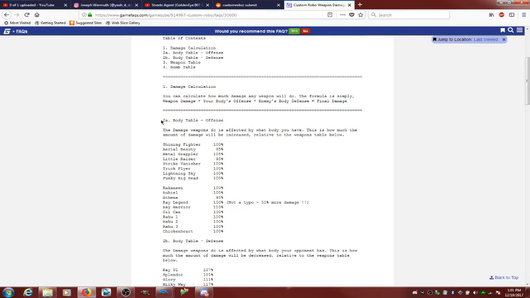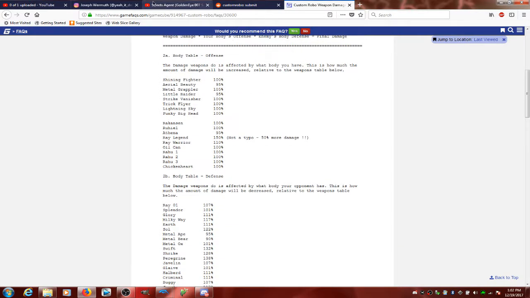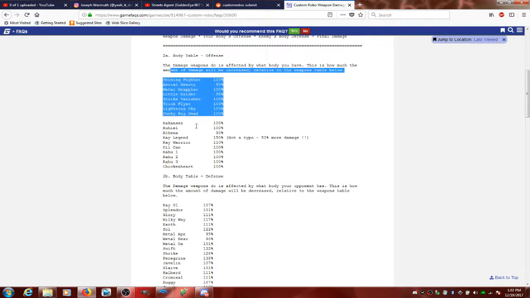Okay, so right here we see the formula for damage calculation. It's really simple. It's weapon damage times your body's offense times enemy body's defense equals final damage. Okay, so, the body table offense, and right away, look at this. Metal Grappler 105%. Actually, for all the legal robos in the game,